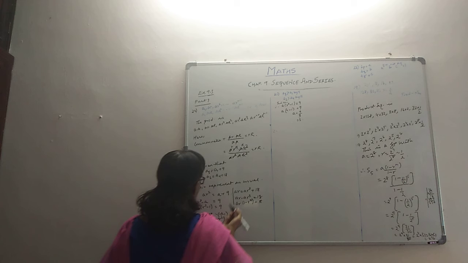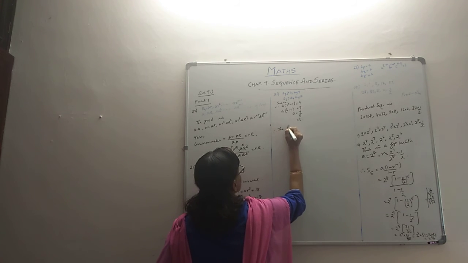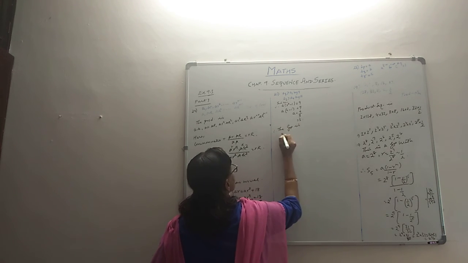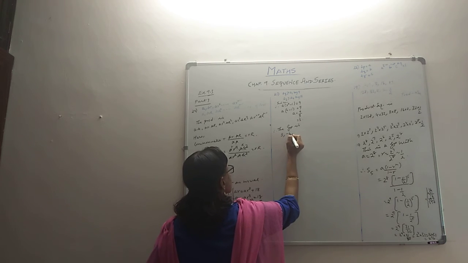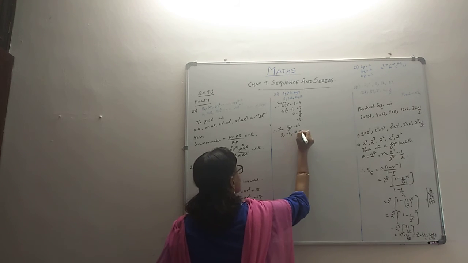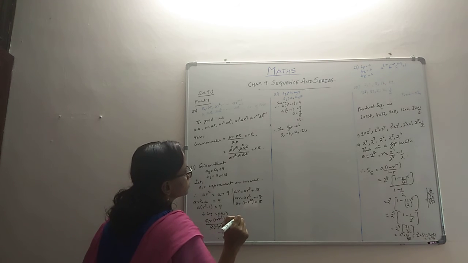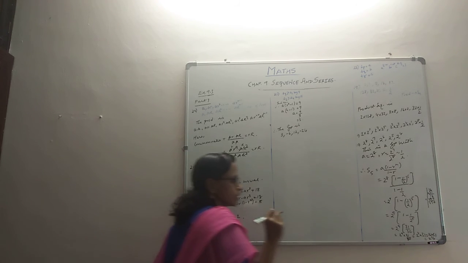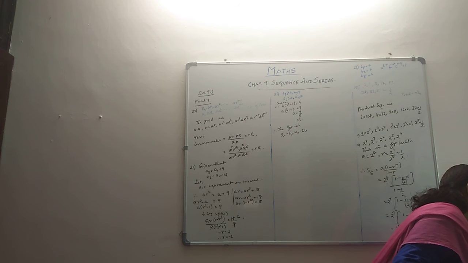Therefore, what do we require? The progression. Therefore, the GP is first term 3. Then 3 into minus 2, minus 6. Minus 6 into minus 2, 12. 12 into minus 2, minus 24. Yes, so that is our required progression. That helps us to move quickly into the next problem,